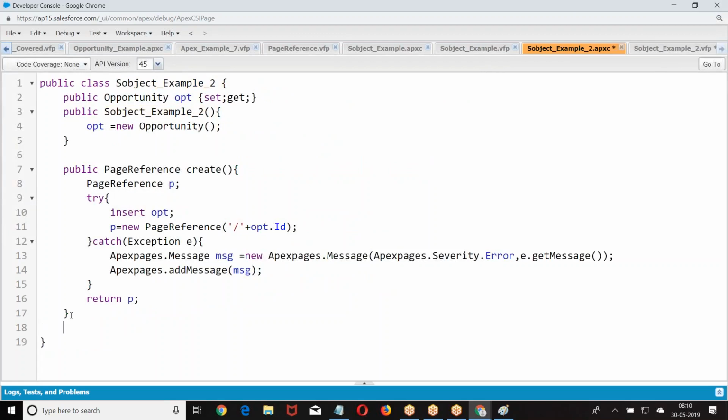Now, what was the next one we had? Public void. When I say cancel, whatever the data we had, we are reinitializing. When I say OPT equal to new opportunity, whatever the value you are referring to is removed, and one more is created.